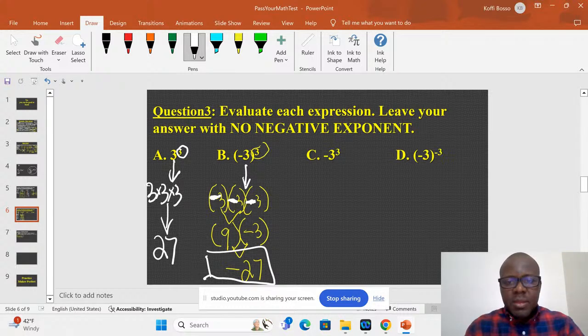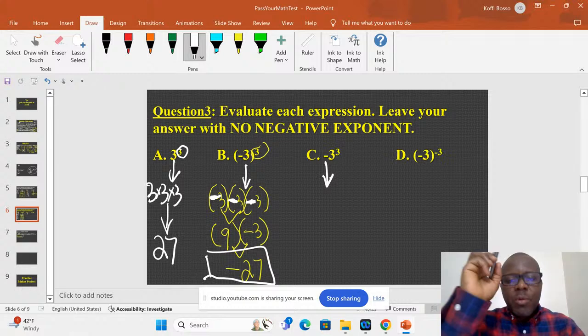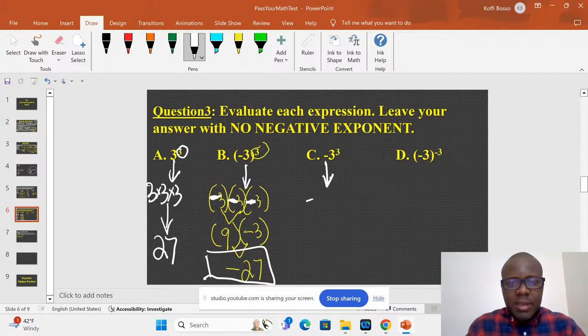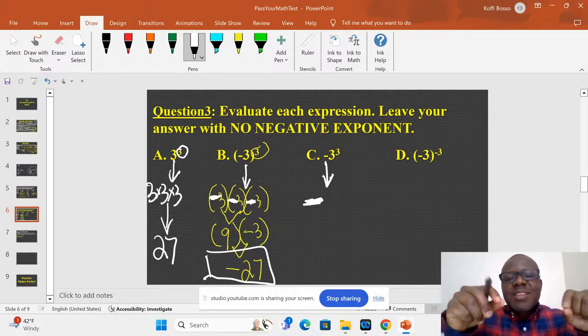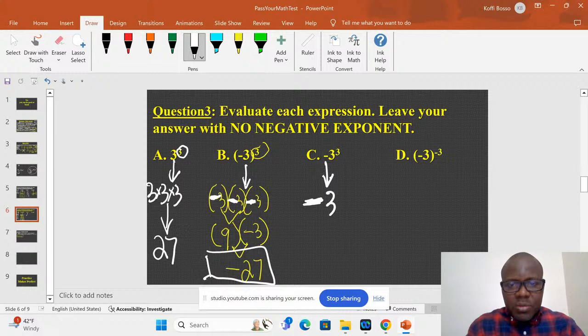This one here, we have a negative 3 raised to the third power, but the negative 3 is not in the parentheses. That means what? I will keep that negative sign. I will not repeat it when I'm doing the multiplication. Why? Because it's not in a parenthesis. So that negative sign has nothing to do with the base. It's a negative sign, apart. So you just multiply the base, which is 3, by the same 3,